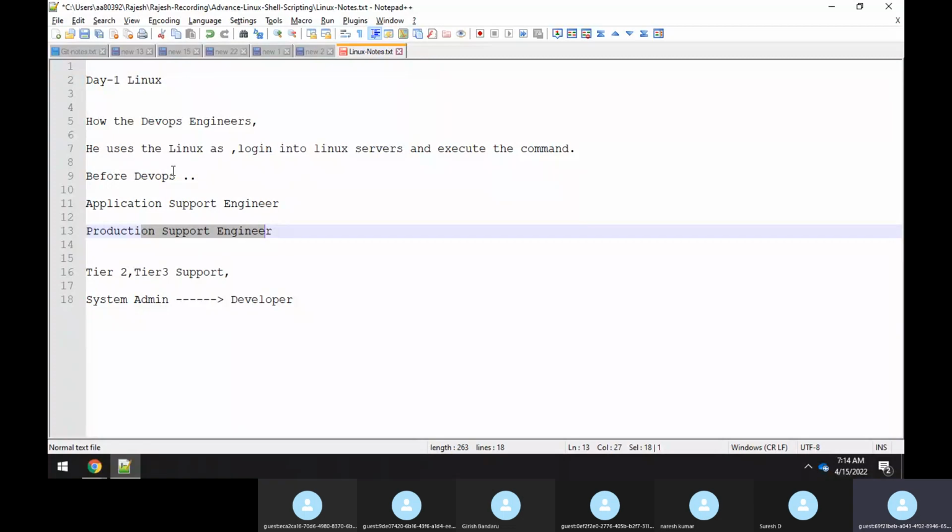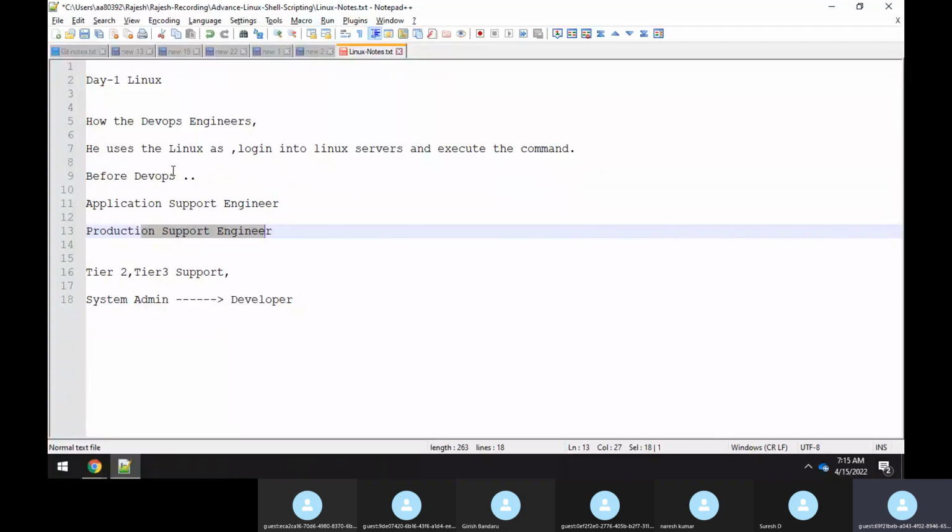But still, the DevOps terminologies keep changing over a period of time. Nowadays DevOps engineers are also getting into some kind of coding. Earlier they never used to code, and now they have started coding in shell scripting, Python, and many other languages. They are able to do a lot of automation tasks using this scripting. So that's the reason the definitions are changing a little bit,